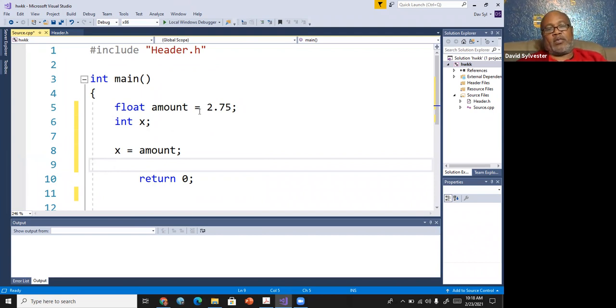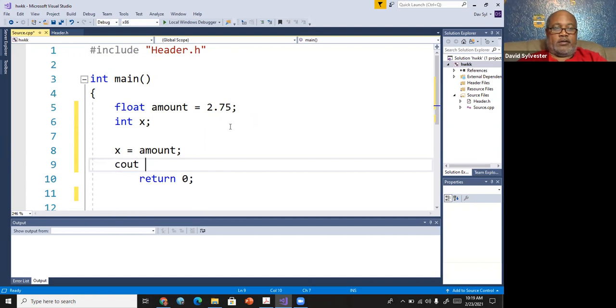In C++, it says okay, you're trying to store this value into x. This is a real, a value with a decimal point. What C++ does is take the integer part, put it in x, and truncate or disregard the decimal part.